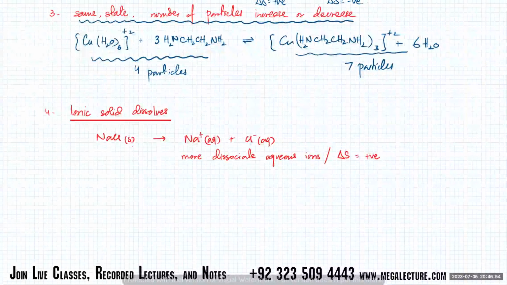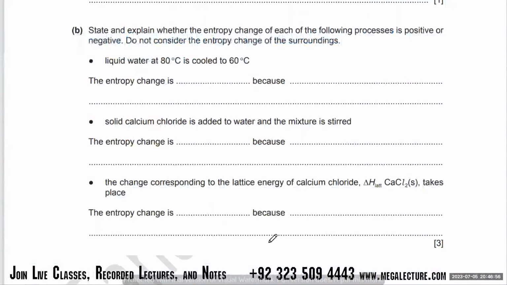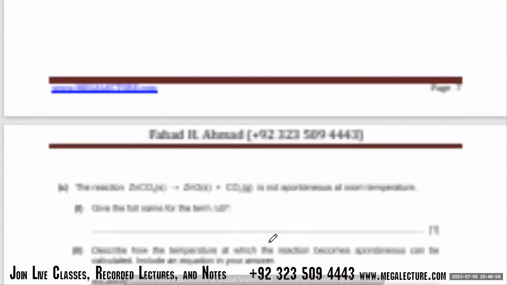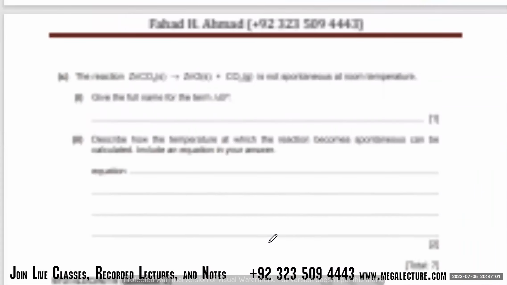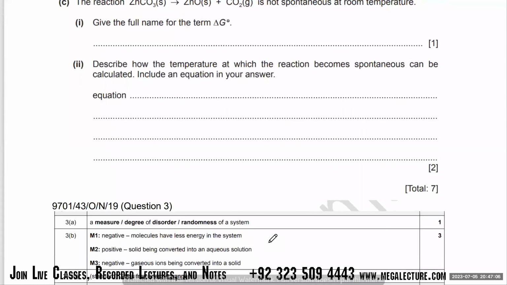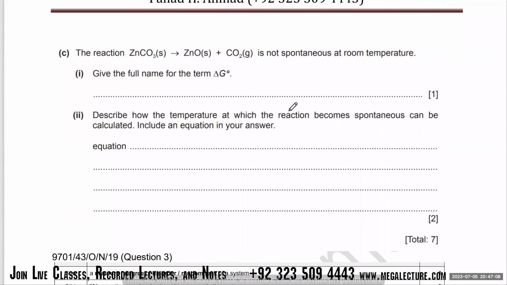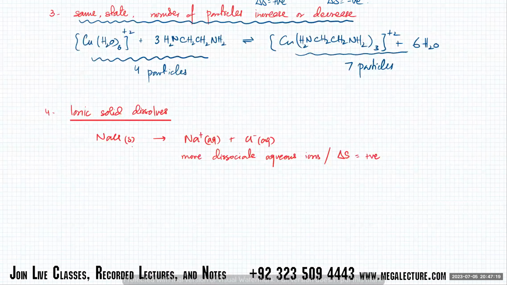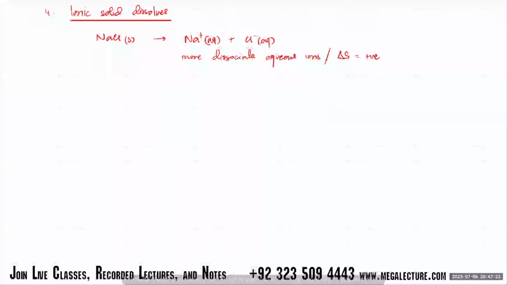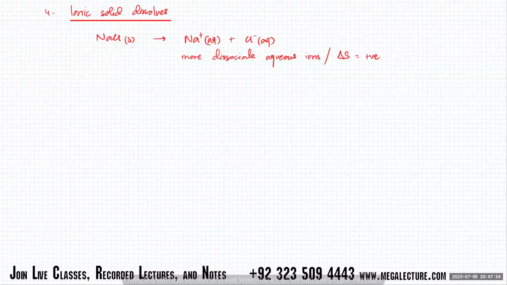Yes, sir. Okay, so I guess questions of this simple, basic kind, nothing really difficult about it. For example, over here he's probably going to ask you. No, he's not talking about delta S, but over here delta S is clearly positive because the number of gas particles increased. Okay, anyway, we're going to move on from here. That's predicting delta S. The next part is about calculating delta S.